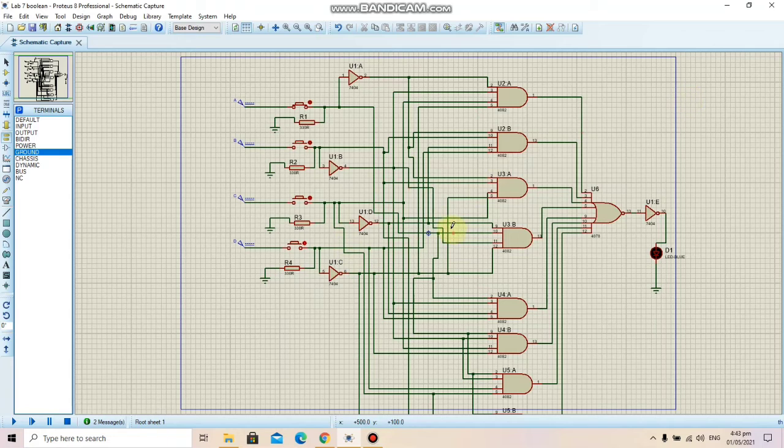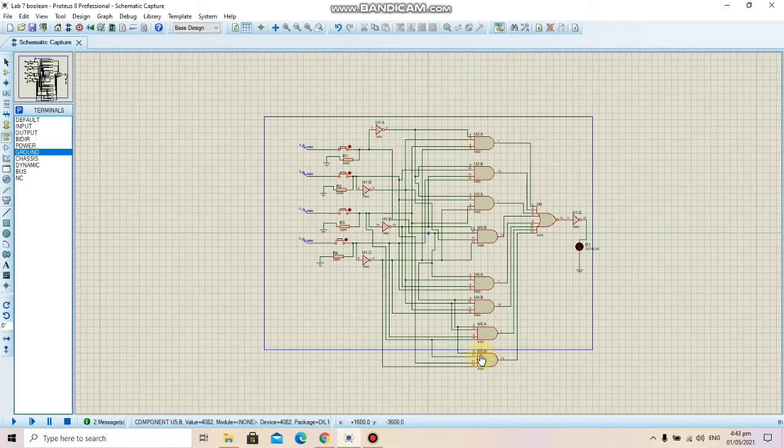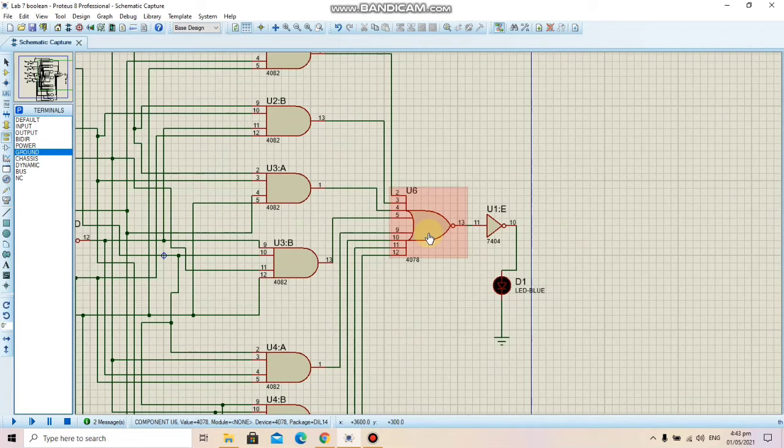So similarly I have implemented all the combinations on which the output was 1. So we can see these AND gates here, 1 2 3 4 5 6 7 and this 8, and then all were being added. So I have taken the 8 input NOR gate here, which will give the inverted output of the OR gate. Why did I use a NOR gate? Because in Proteus the 8 input OR gate was not available, so I had to use the NOR gate.